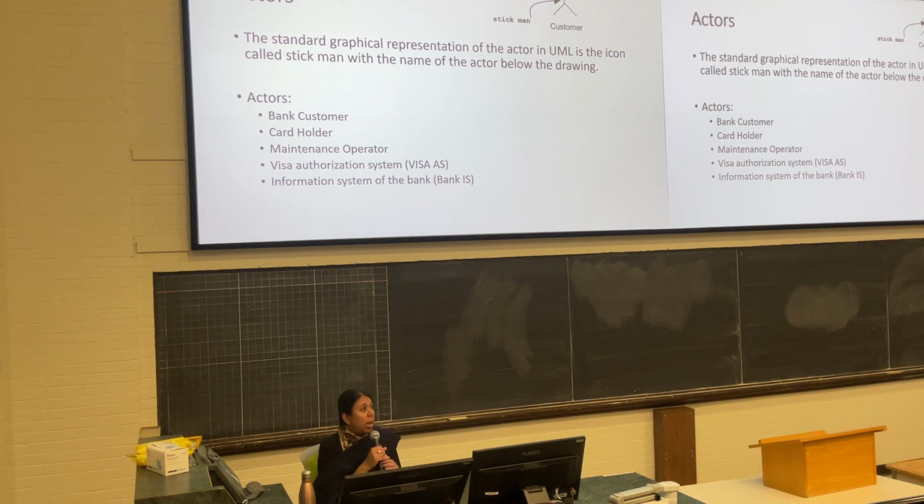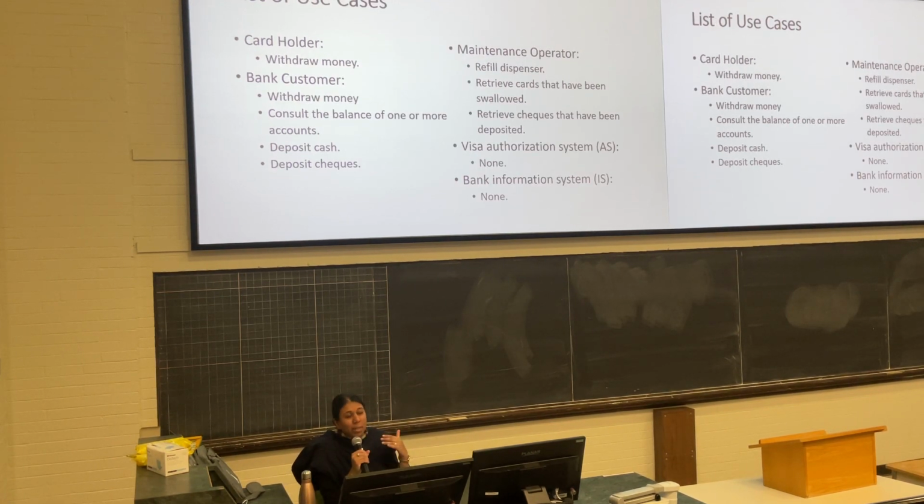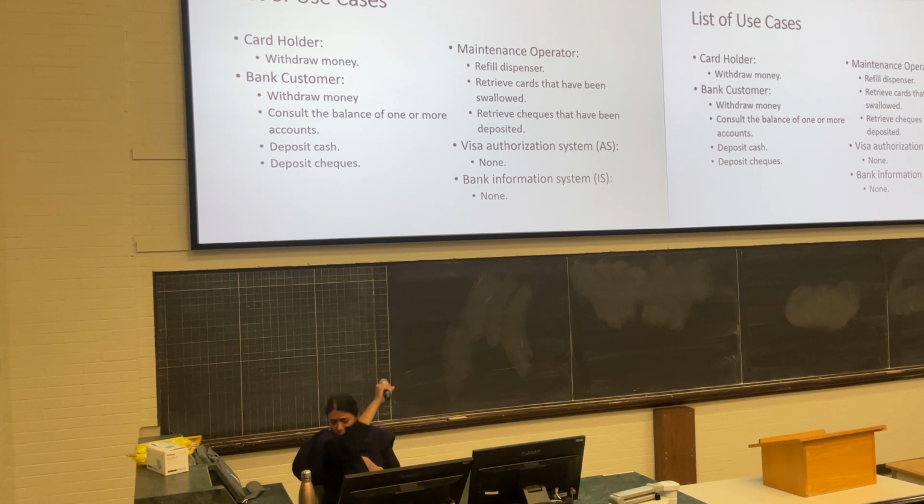So once you have identified your actors, now let's identify the use cases. So this is the list of use cases for each of the actors. A cardholder can only do one thing, they can only withdraw money, whereas a customer can do multiple things. They can withdraw money, they can consult balance, they can deposit cash, they can deposit checks. The maintenance operator can refill the dispenser, retrieve cards that have been swallowed, retrieve checks that have been deposited, and so on. And because the last two actors are not part of the system, as you can see, I don't have any use cases